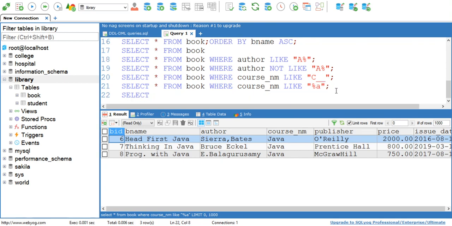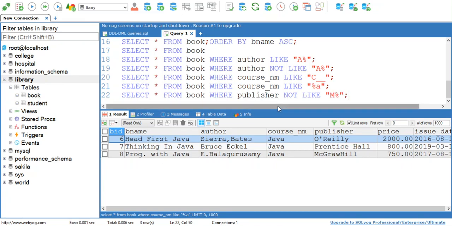Now let's see another query: select star from book where publisher not like 'm%'.